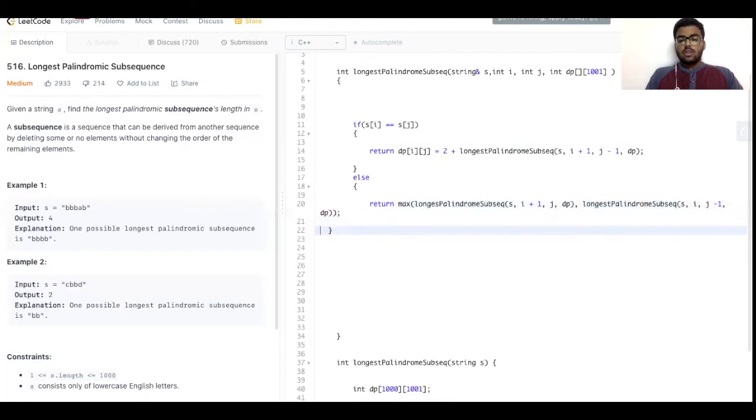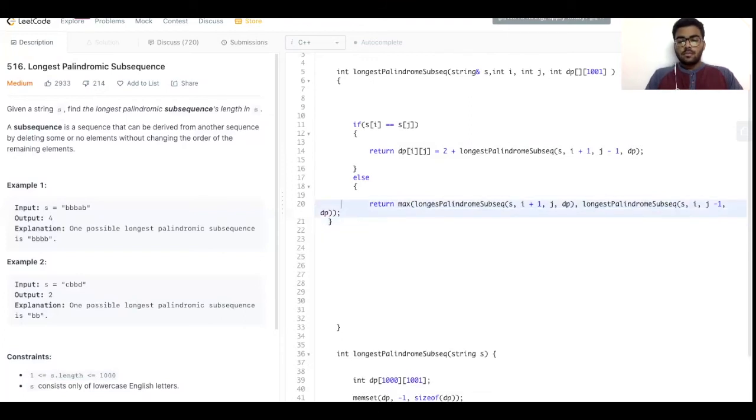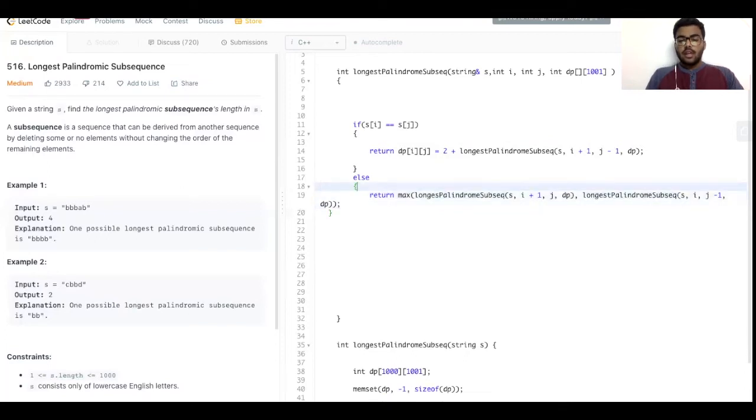So what we are doing is, when the string doesn't match, at that time we are considering the string which is 1. We'll be increasing the pointer to the right, which is from the left pointer, and we'll be checking if this point and this point are equal or not.